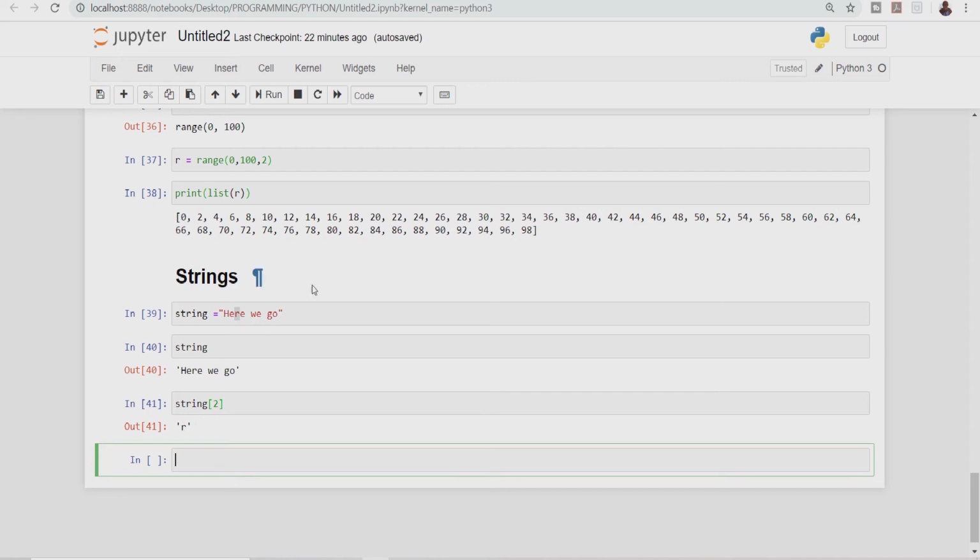Alright, so this is how we can handle strings, and most of the operations that apply to the other given data types also apply to this type of data. Alright, so let's look at another kind of